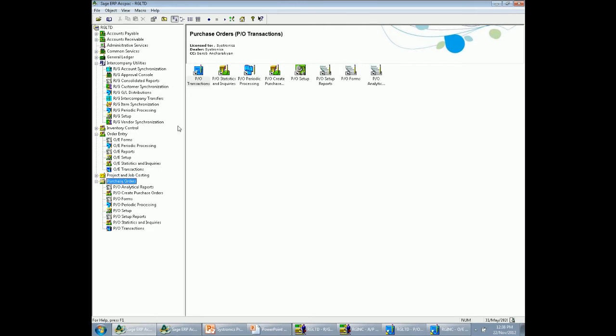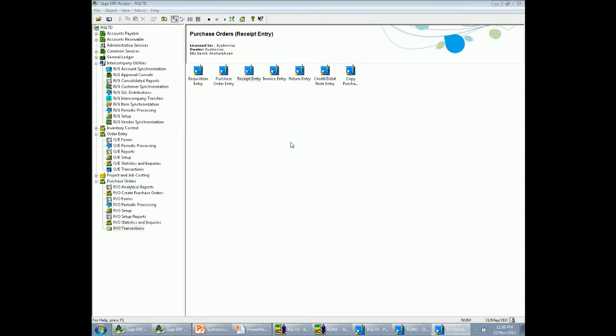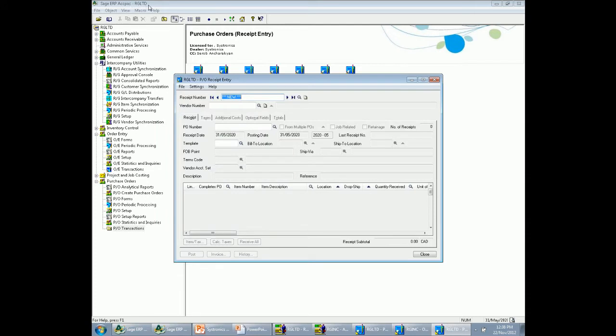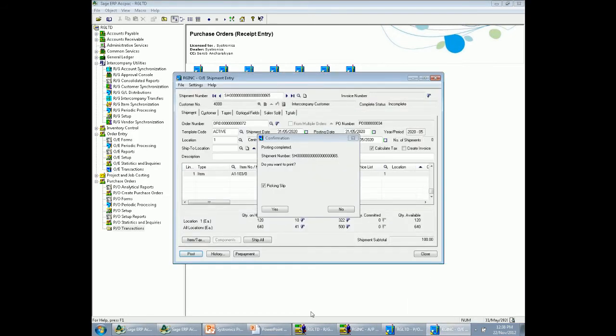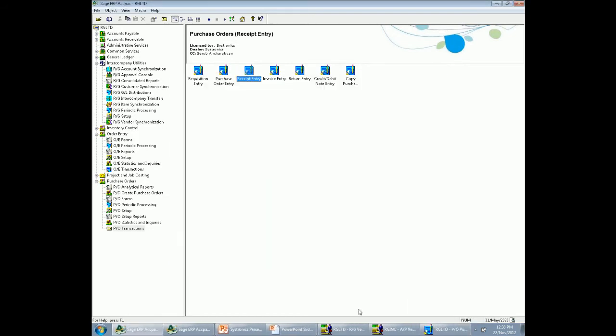Now, if I go to purchase receipt entry in RG Limited, I will see that there has been a receipt through a sender scope, quantity 5 and unit cost of 20. Similarly, the cycle continues with invoices. Now, if I post the invoice in RG Incorporated,